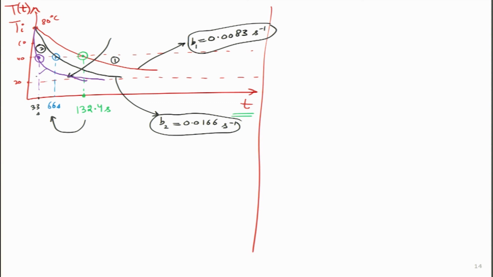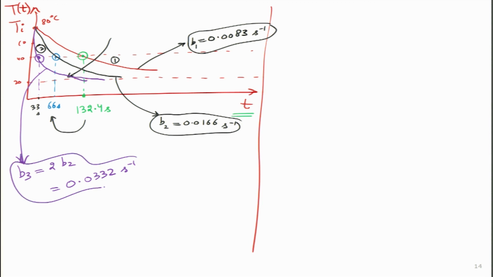In this particular case, I will say this is value b3 and this is simply twice of b2. So, now I can do the math over here. Let us say it will turn out to be 0.332 second inverse. Because I am doing the doubling verbally in memory, I request students to do it yourself, use a calculator and see whether we get it. But one thing I am sure of is, if we keep on increasing the value of b, then the amount of time it takes will substantially reduce.